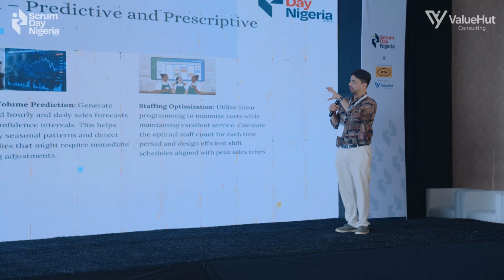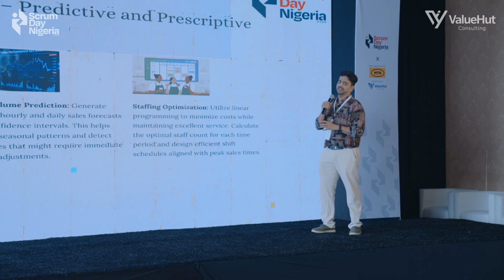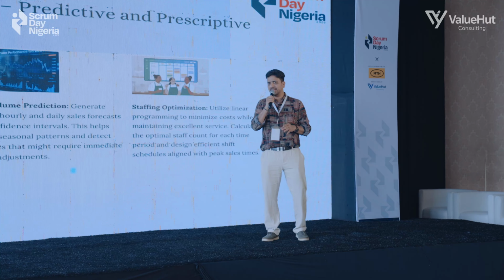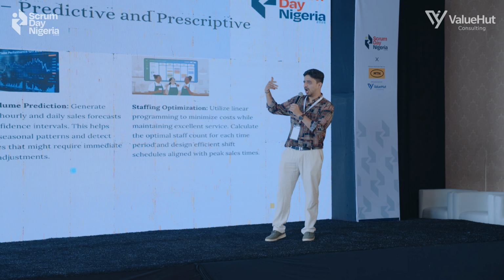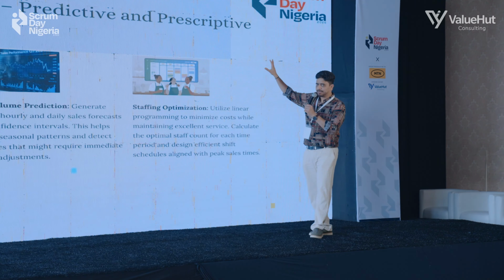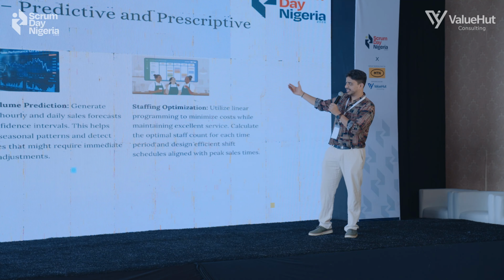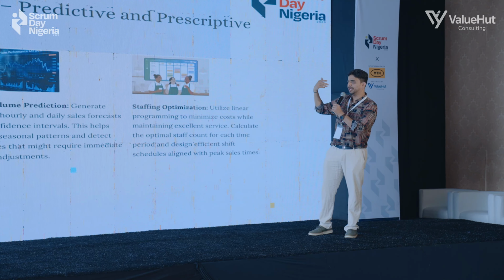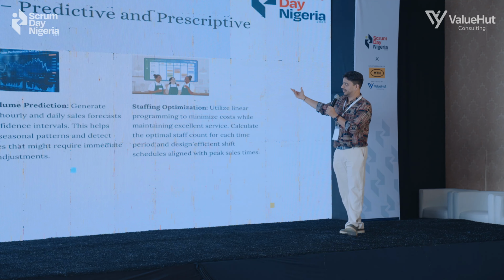So this is one important thing in data science projects, right? What is predictive and prescriptive analytics? Predictive analytics is something simple, right? Based on your coffee shop sales, how many coffees can be sold the day after tomorrow or the week after? That's predictive analytics. But what is prescriptive analytics? Based on the predictive analytics, we adjust the staffing levels, we adjust the quantity of the inventory, those things. Those things are called prescriptive analytics.